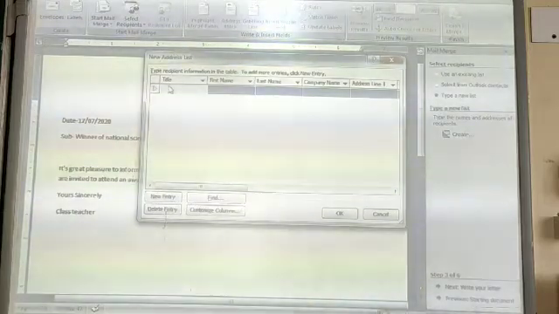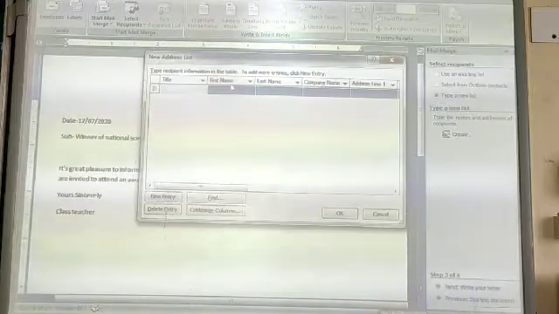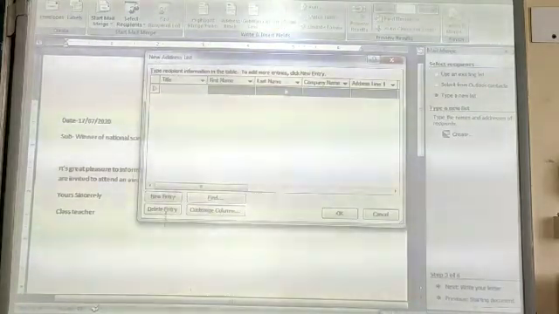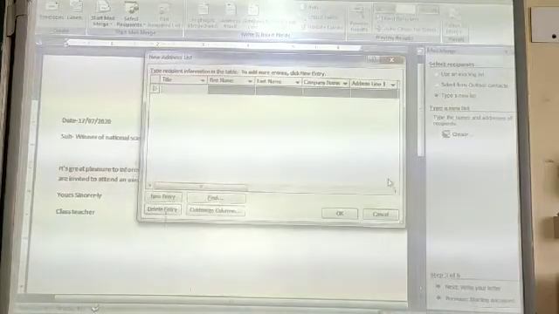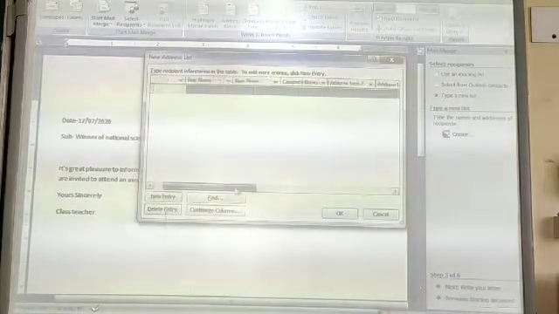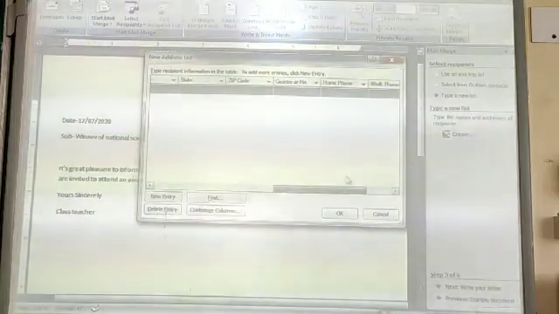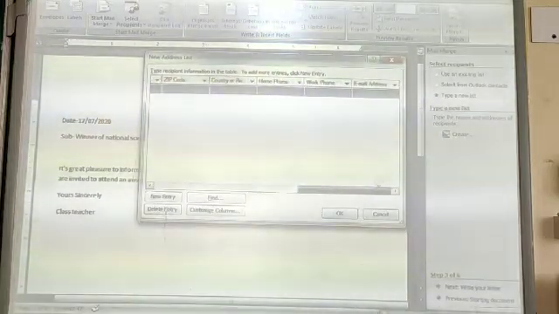In this list there are different fields where you can specify the details of the recipient, like title, first name, last name, company name, address line, city, state, zip code, country, home phone, work phone, email address.